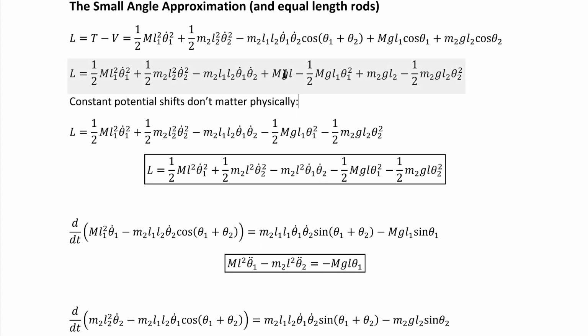Now you can see here and here there are constant terms. Those are just potential energy shifts and they don't really matter, so we can ignore them. That'll actually make the math easier later on. And another thing we're going to do to make the math easier later on is set L2 and L1 equal to each other. Now we could do the same linear algebra that we're going to do later to solve the case of differing rod lengths, but it does make already tricky algebra even more tricky, and it doesn't really add to the exercise anyway. So if you want to work that out, well, you're going to have to handle that one. This is the Lagrangian in the small angle approximation, ignoring the constant potential energy shifts and with equal rod